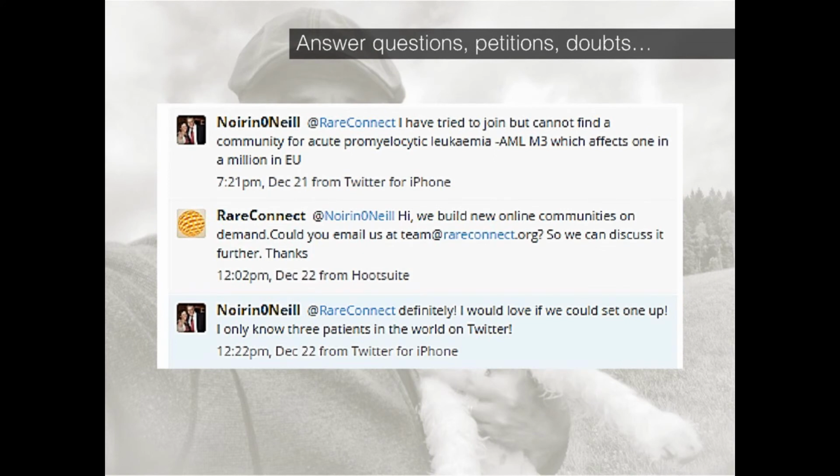And Hootsuite also allows you to answer questions that people ask you through Twitter. But most important, it saves you time, because with one window, you have all the conversations that are going on in your Twitter. You don't have to open different tabs and search again and close a tab and do another search. You have all this information in just one window.